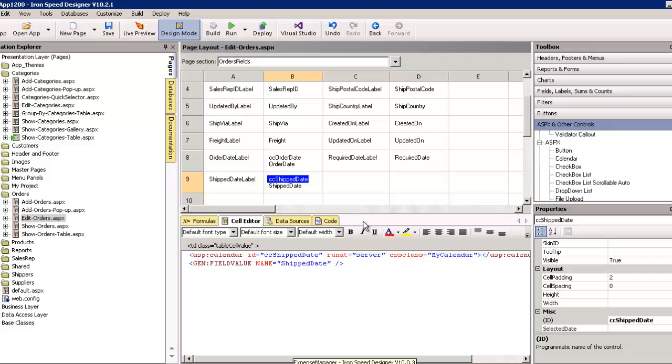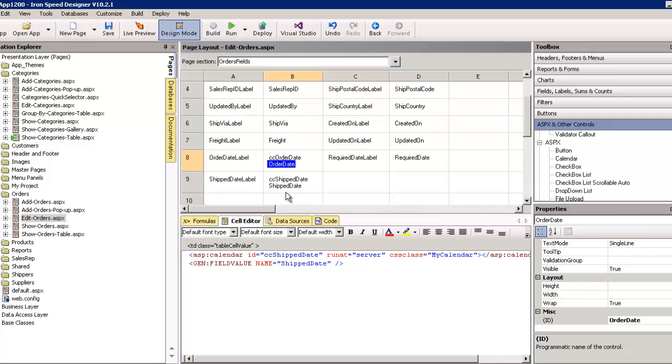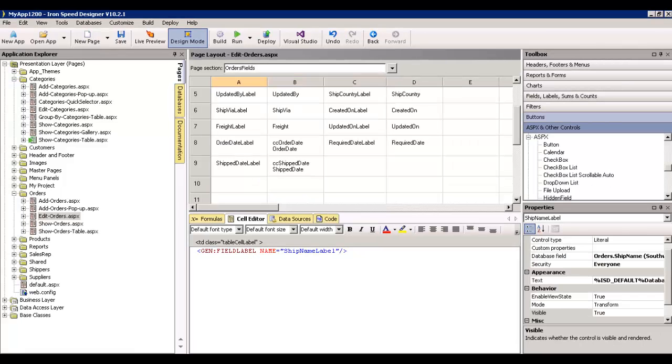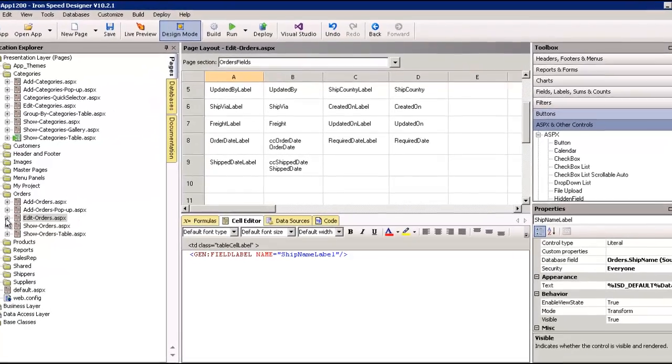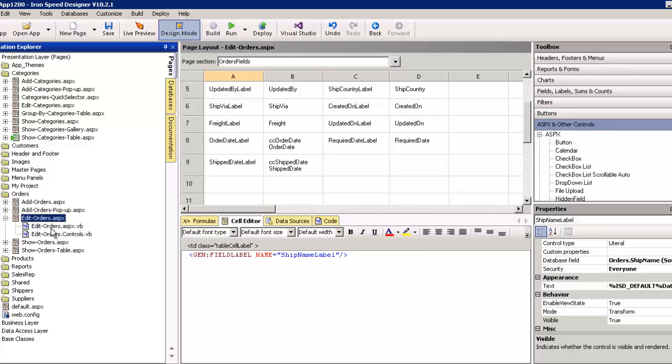So the next thing we have to do is, since we're replacing these text boxes, we need to make them invisible. To do that, we go into our properties and set the visibility to false. Do the same thing with our ship date. Now, the last thing we have to do is implement a little bit of code. And to do that, we're going to go into the edit orders, and under there we can see our